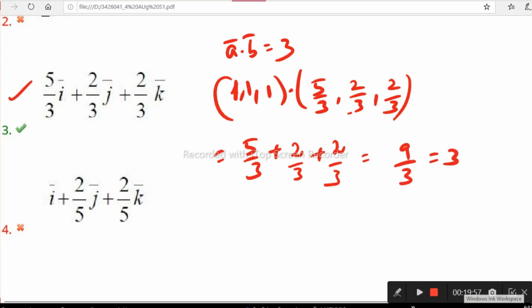You can also check the fourth option, in case. Here we know the option with the tick mark beforehand, but in the examination we wouldn't know. If you verify the fourth option too, 1 into 1, 1, plus 2 into 2/5, into 1, 2/5, plus 1 into 2/5, 2/5. So this is not equal to 3. So only the third option works. Option 3 is correct. Just option verification, you can do it. For that you have to know what a dot product is, right? Now look forward to the next question.